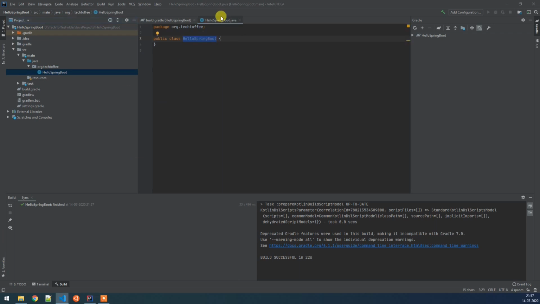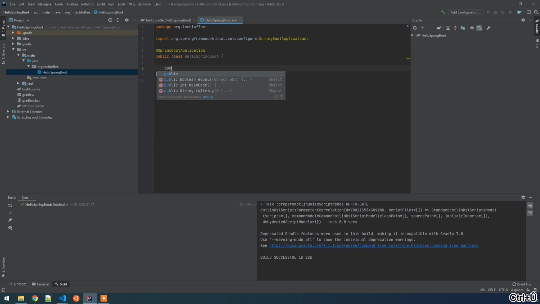We have to add an annotation here, @SpringBootApplication. Once you do that, IntelliJ will automatically import the dependencies. Then we have to create a public static void main method, which will actually start our Spring Boot application.